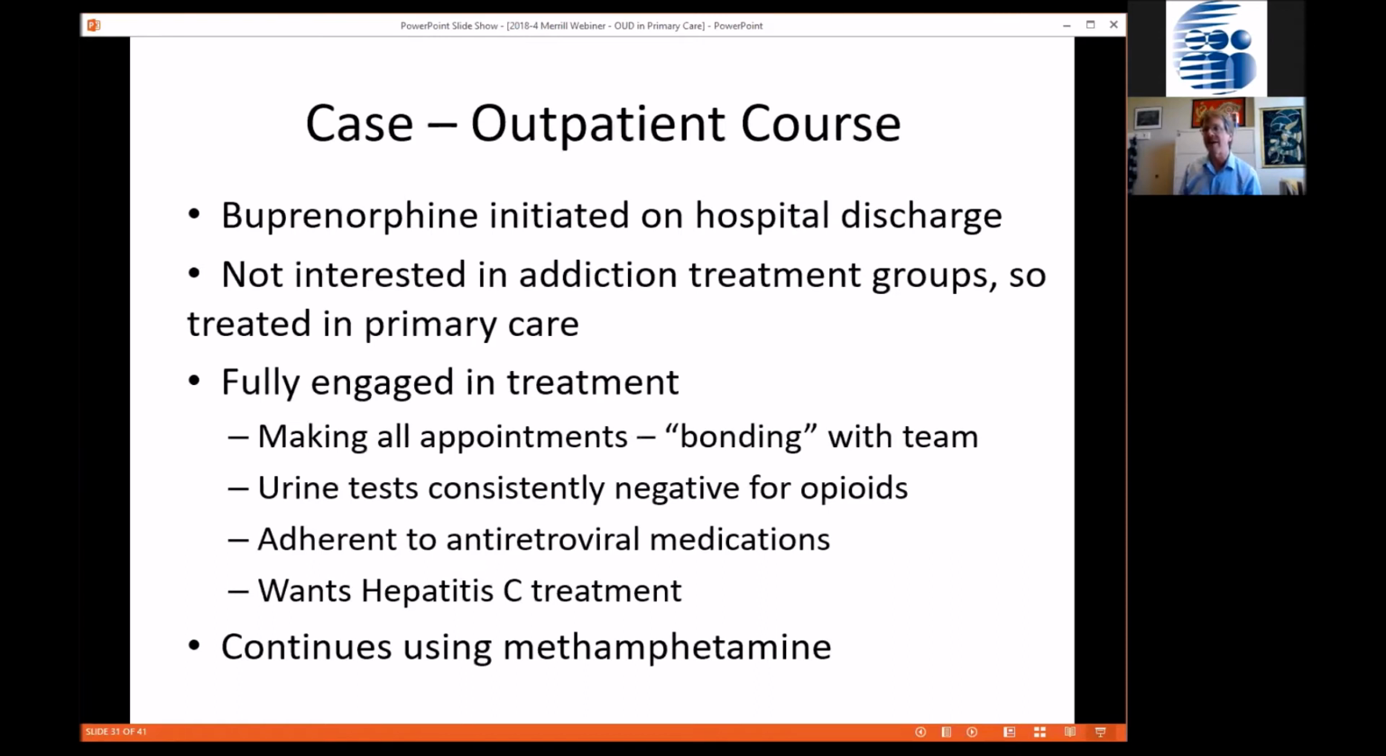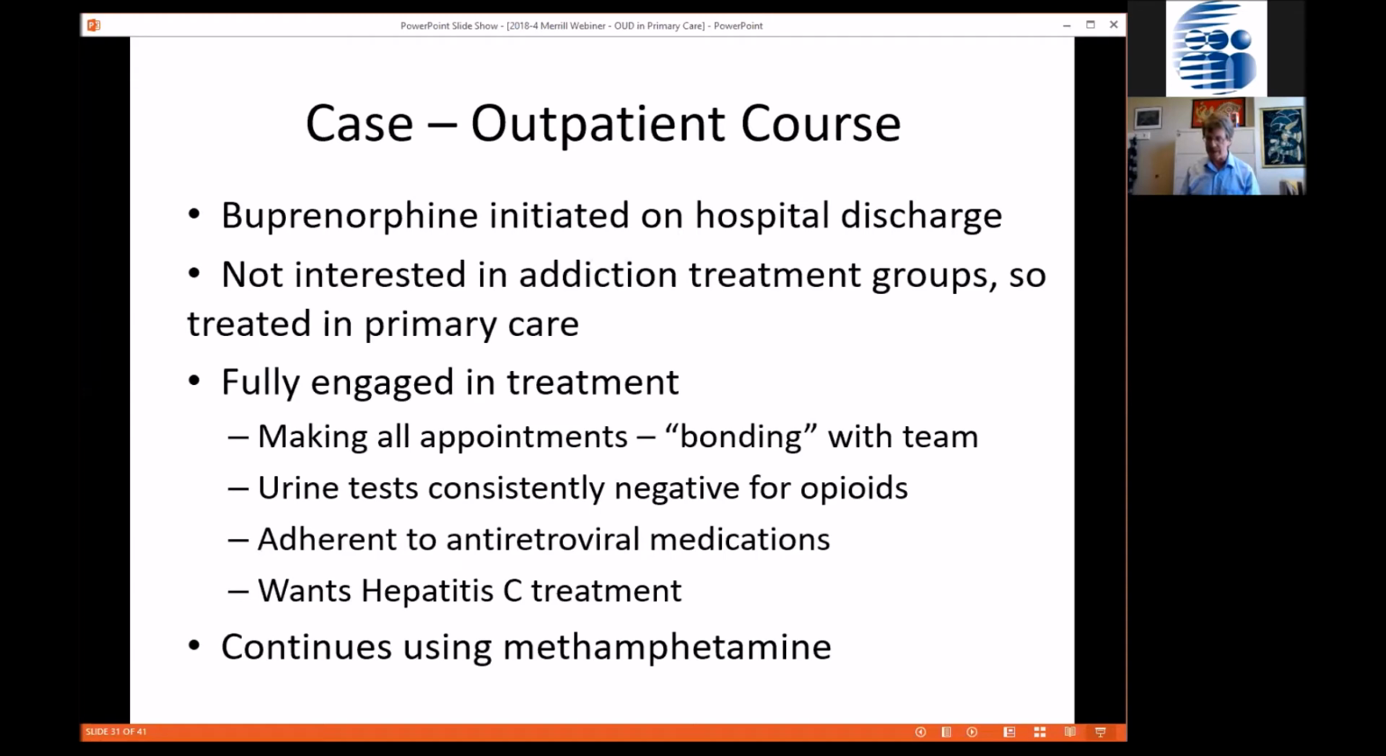So back to our case, buprenorphine happened in the hospital, and that's one of our spokes now in our network. We try and get people started in the hospital. He didn't want groups, so he just came to primary care, and he's been coming. He's been making all those appointments. The team's really bonded. He's bonded with the team. He's not using opioids. He started taking his HIV meds and wants hepatitis treatment, but he's not as ready to